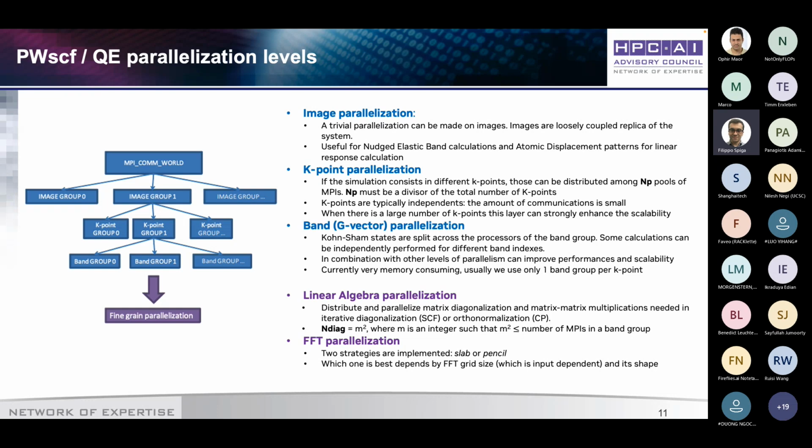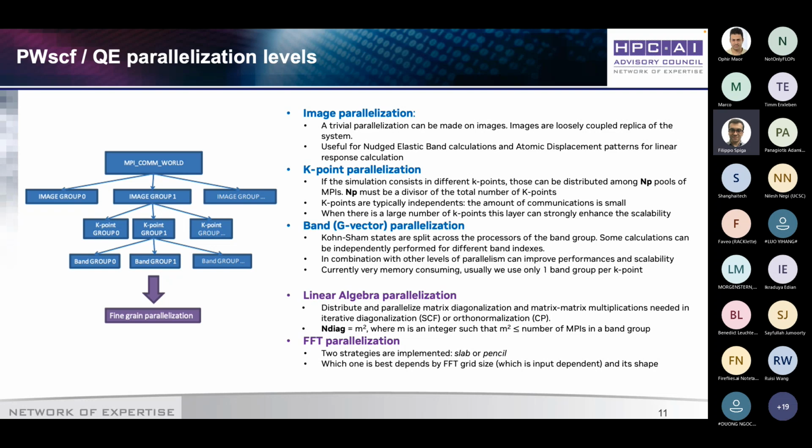And for FFT, we actually have two strategies. One is by slab, which is very similar to the one that Marco described, where we have one direction plane, and then when you revert and do an all-to-all, you get sticks. Or we also have what is called pencil, which is basically you start with sticks, and you can transform into other sticks by doing an all-to-all, and then another set of sticks by doing a second all-to-all. So slab is very convenient because you do less communication, or at least you communicate more data at once. You shuffle around the same amount of data at the end of the day, but you do just one big